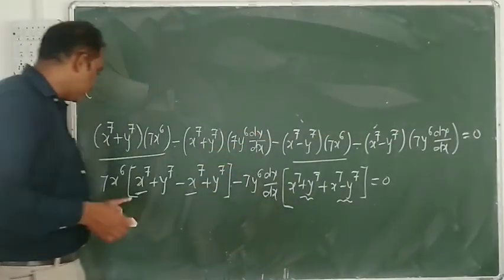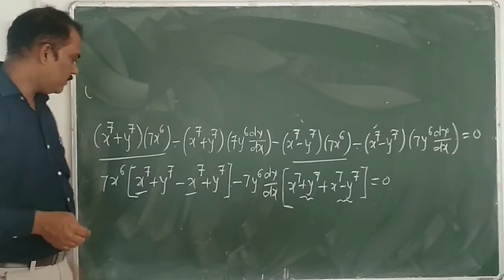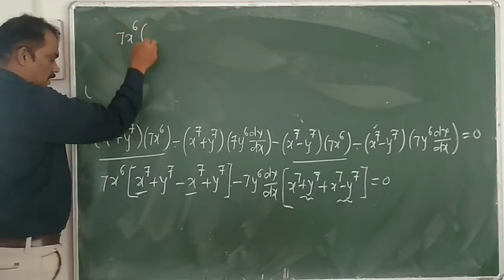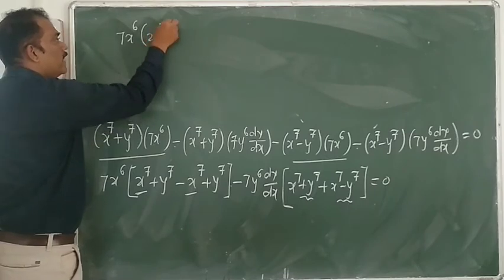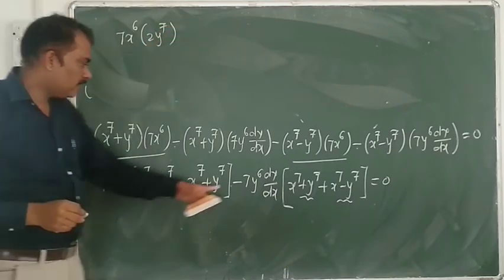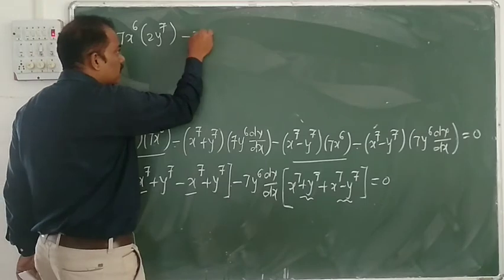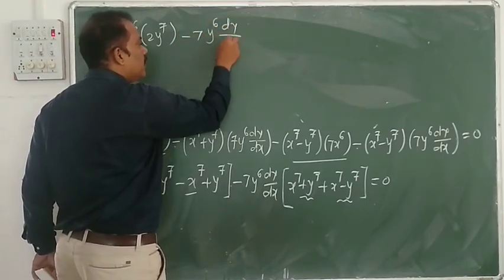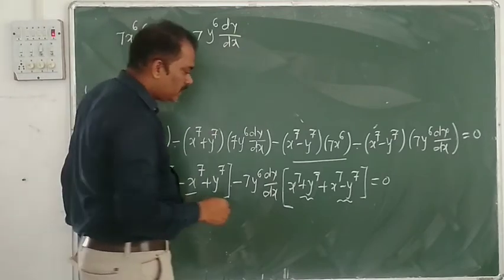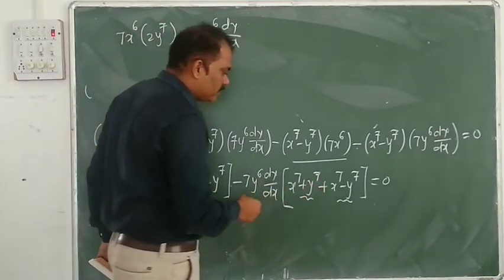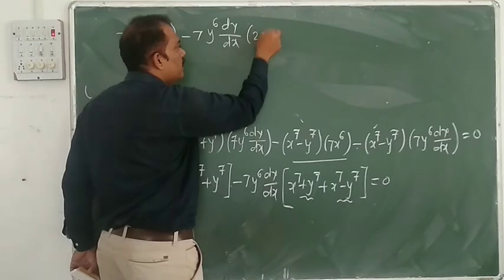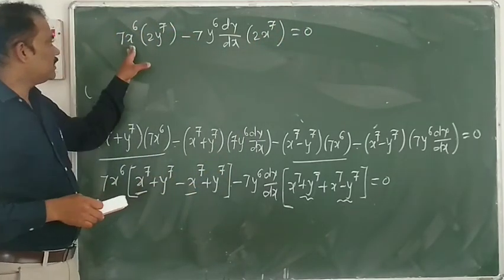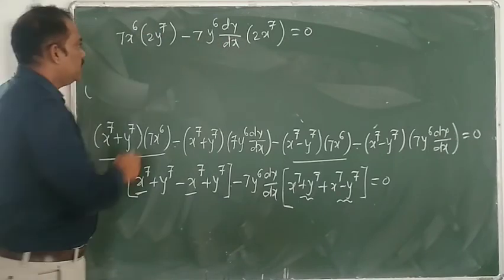So what we have to get here: y raised to 7, y raised to 7, we get 2 times y raised to 7, that is 7 into x raised to 6 into 2 times y raised to 7. Here minus 7 into y raised to 6 dy by dx inside the bracket. What is the meaning? x raised to 7, that is 2 times x raised to 7, is equal to 0. Now we have to transport this term, the first term, to the RHS, it becomes minus,